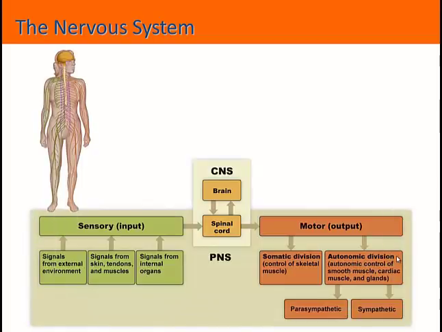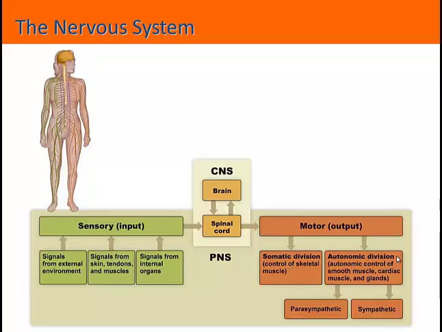So just to revisit from last week a little bit, where we talked about the central nervous system consisting of the brain and the spinal cord. So the central nervous system, central in both anatomy and function. So the central nervous system is where the integration of a lot of information takes place. And that integration consists of taking the sensory input from the peripheral nervous system, so signals from the external environment or from the skin or the muscles, and certainly from internal organs as well, monitoring the state of those conditions. The central nervous system then has a decision to make. What should the output be to control, really to control homeostasis or to get a specific function done?